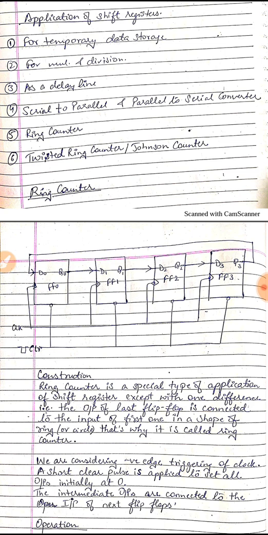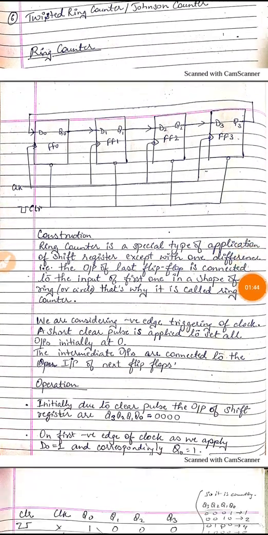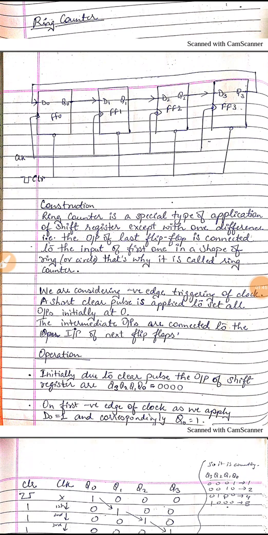So today we will see a ring counter and Johnson counter in our lecture. Let's first start with the ring counter. A ring counter is a special type of application of a shift register. There is only a little bit of change in the design or the diagram of the shift register in a ring counter. It is nothing but a shift register,